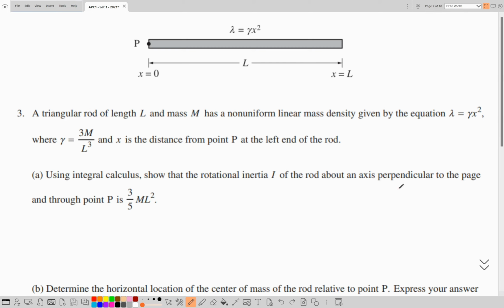Hello AP C Mechanics students, today we'll solve the past paper FRQ 2021 set 1 exercise 3. And then let me start